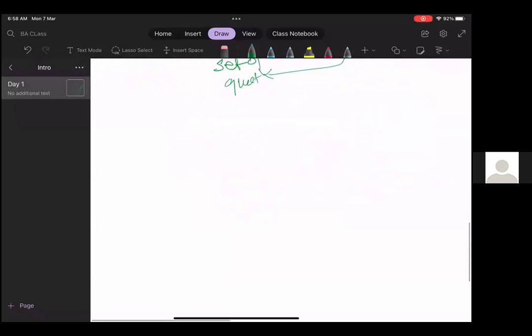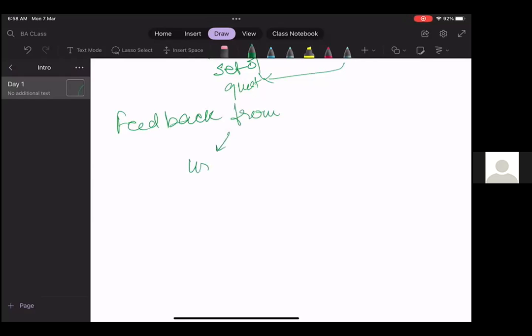After all these, there comes collecting feedback from user. This is one important role. Feedback from user and from client or the stakeholders. Once the prototype version of the business model is ready, the BA's role requires them to share the same with the clients and take their feedback.